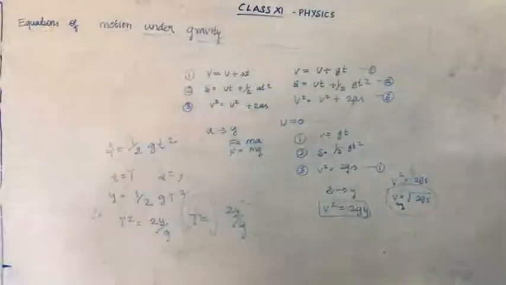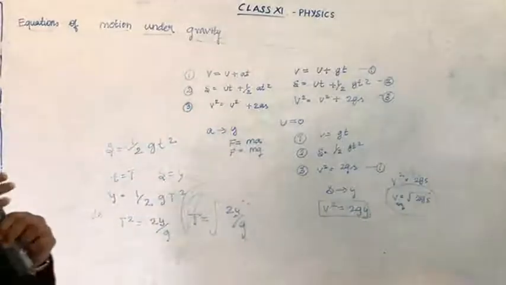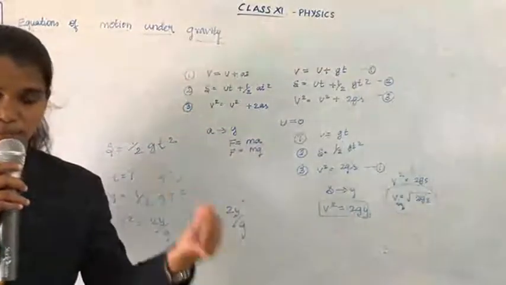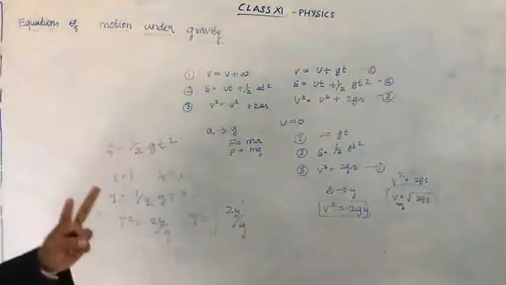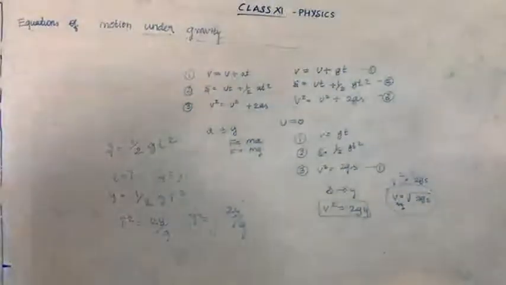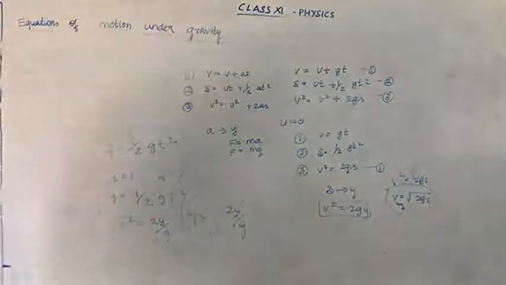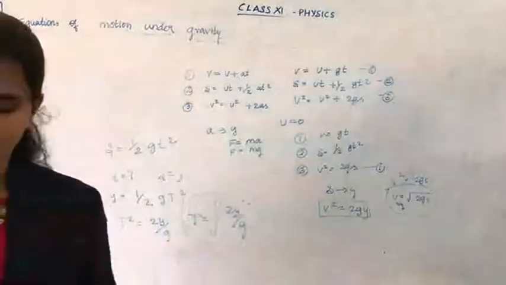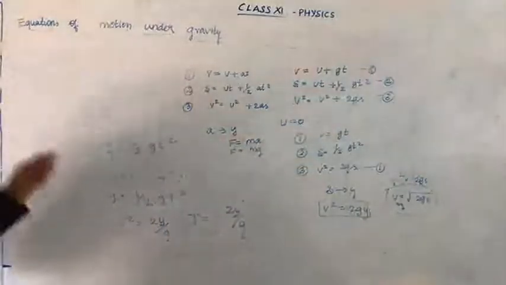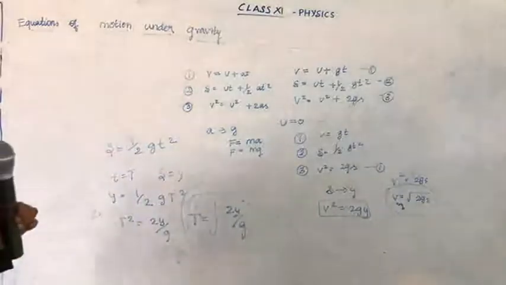Okay, children, this much today. We have studied the triangular law of vectors for addition and subtraction. I have given two sums as homework, and these three equations you should write in your classwork. Two sums I have given as homework, and you have to write these three as assignment also.